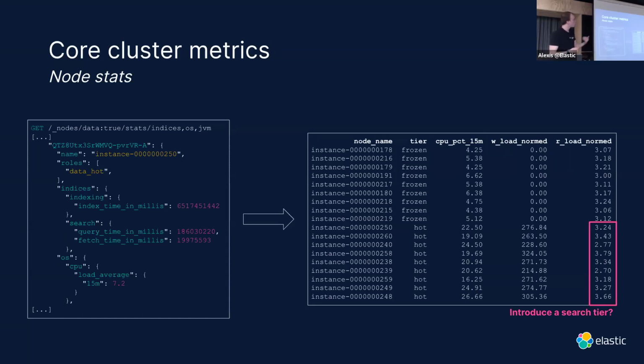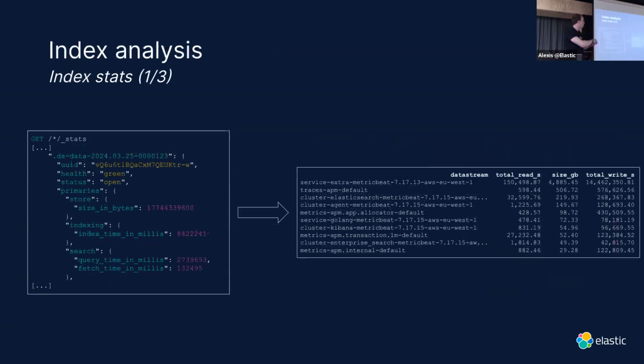So you might tell me, okay, that's great, Alexis, but that's on the node level, that's super high level. And you said in the first part that what I call the physical architecture is not really the focus. That's true, because we can dig down one level deeper. That's the part that will probably interest you most, which is getting the same statistics, but on the index level. So you're able to look at your entire cluster, look at every single index,